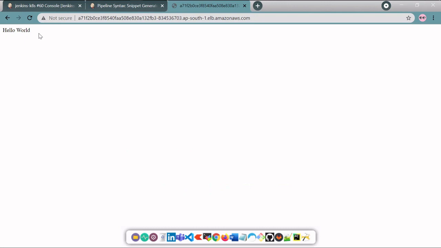Yes, it takes some time, just hardly 5-6 seconds or 10 seconds. So here you can see hello world. So we successfully deployed our Node.js app on a Kubernetes cluster.